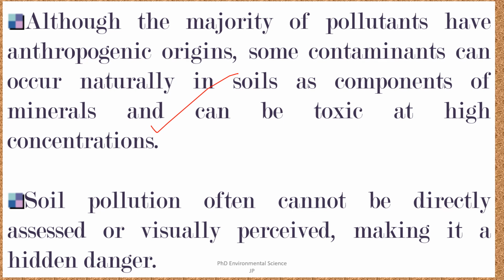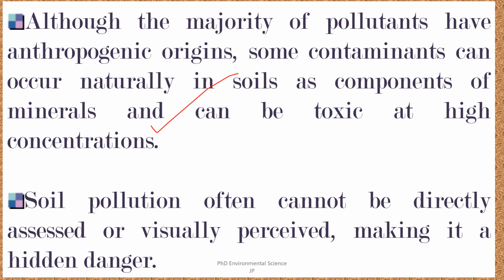High concentrations of naturally occurring heavy metals, for instance, can be toxic to plants, animals, and humans if they enter the food chain or leach into groundwater. The majority of soil pollutants originate from human activities such as industrial emissions, agricultural practices, urbanization, and improper waste disposal. These activities introduce chemicals and substances into the soil that can significantly change its composition and pose risks to the environment